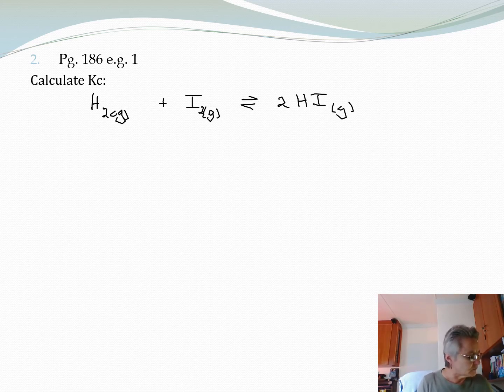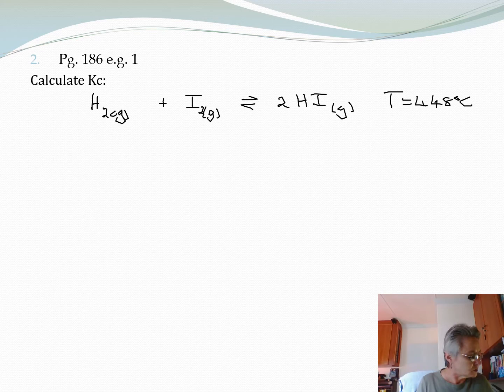They say a mixture of hydrogen is allowed and the temperature is 448 degrees Celsius. We're not going to use that in a calculation. When the equilibrium is established, the concentrations are found to be